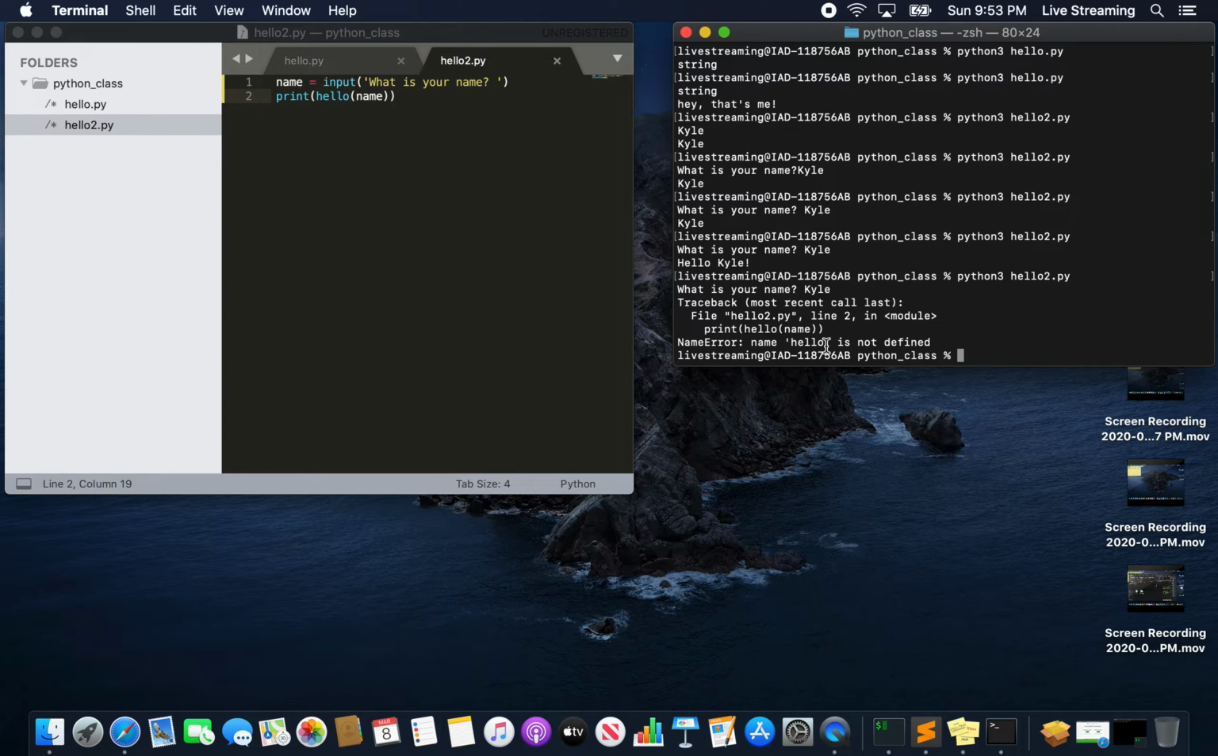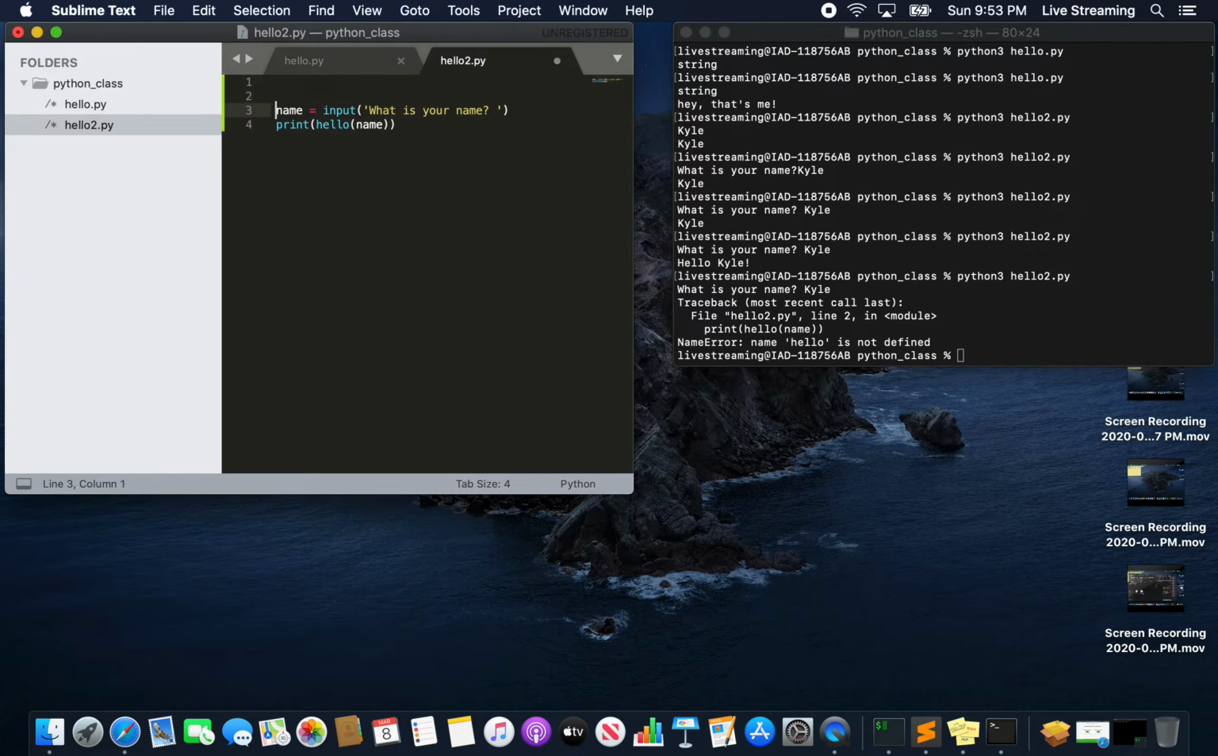What that means is that we didn't define this function in this file. So this file doesn't know about that other function because it's not the same file. So what we're going to do is tell it where this function is. At the top of our hello2.py, we're going to say,